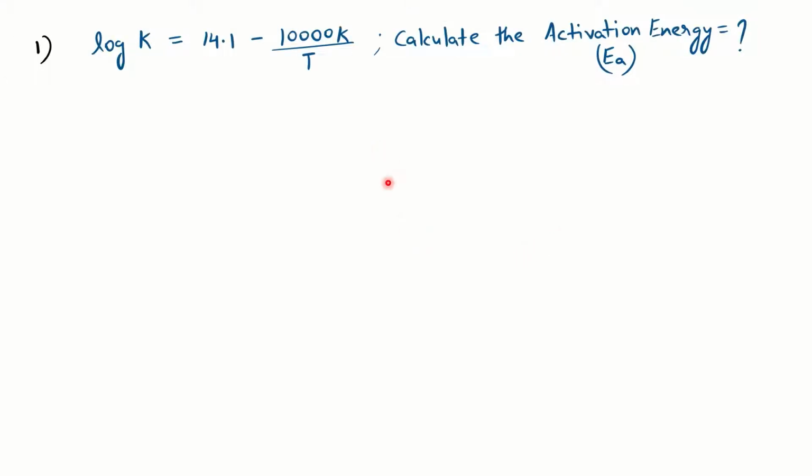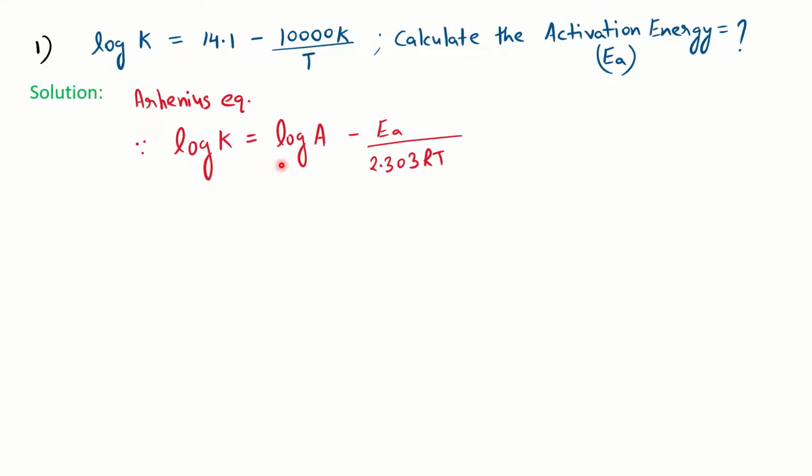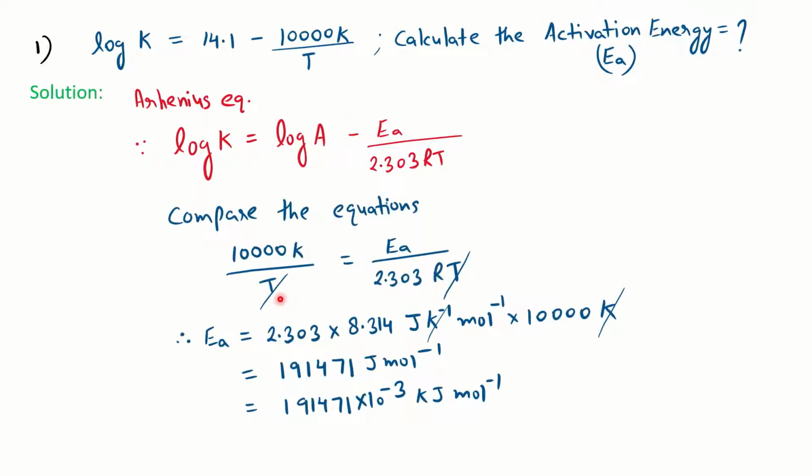So some questions we are discussing from the physical part, physical chemistry. This is the first question where the equation is given to you and they are asking you to calculate the activation energy, EA. If you are familiar with the Arrhenius equation, that is log K is equal to log A minus EA divided by 2.303 RT, then you can see the two equations are quite similar and you can compare the two equations and write down the figure here because they are asking you to calculate EA. If you compare the two figures, you can cancel out the T here and finally you can bring out EA. The thing which you have to keep in your mind, the answer you have to bring in the kilojoule